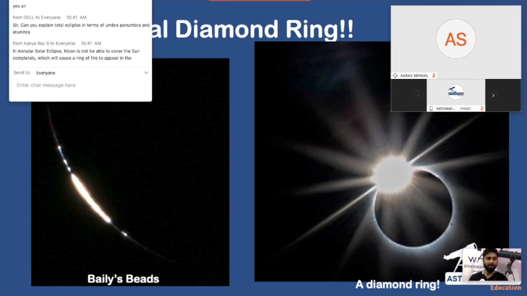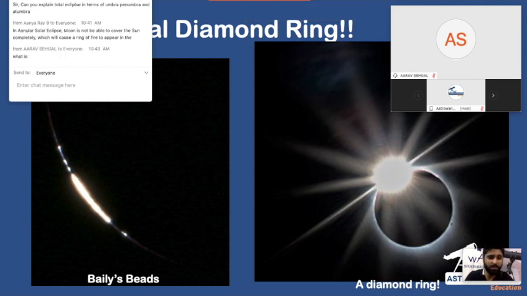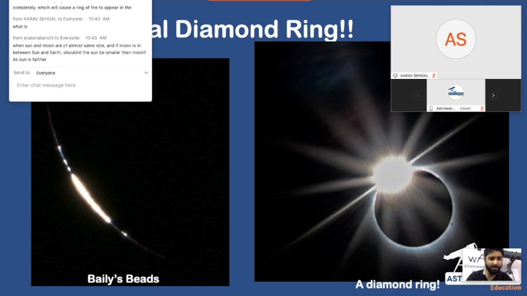Bailey's beads and diamond ring. I believe it might be a bit technical, but it's easy to understand. So what happens is when the moon is going to come in front of the sun, the moon's surface is actually very uneven. It has got a lot of mountains, it has got a lot of craters on it, and it's all not well finished, right? It has a lot of impact craters because there's no atmosphere, so a lot of space rocks keep on hitting the moon and making a depression over there. So a lot of craters are